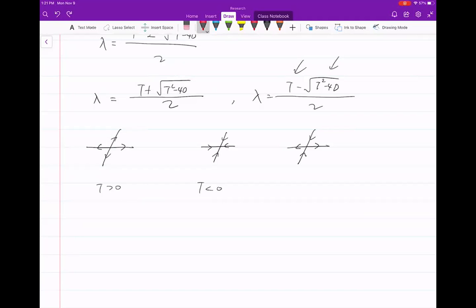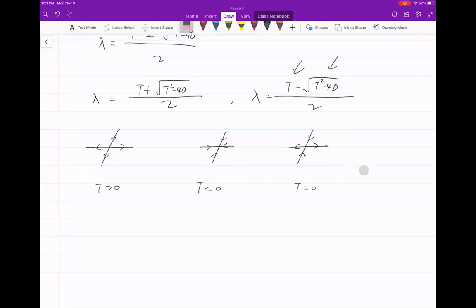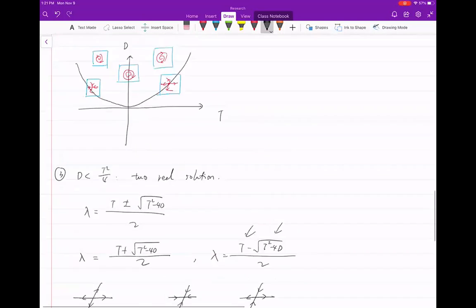So when are you going to have one positive and one negative? That happens when T equals 0. And the positive one and the negative one will be exactly the same, the positive and the negative square root of T squared minus 4D. Sounds good? So the last case, if we copy this,